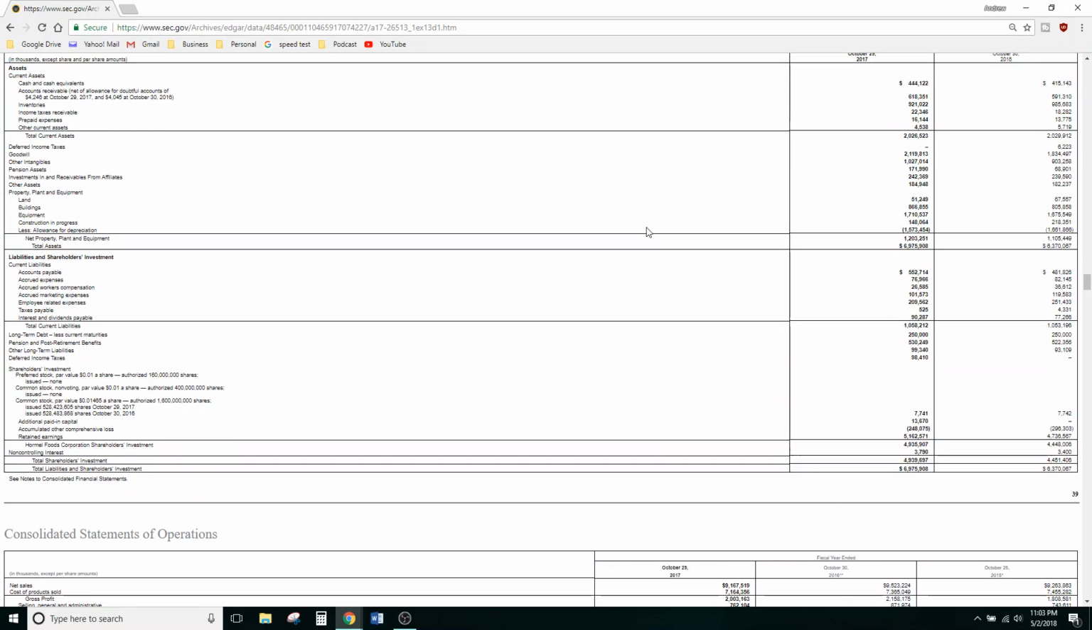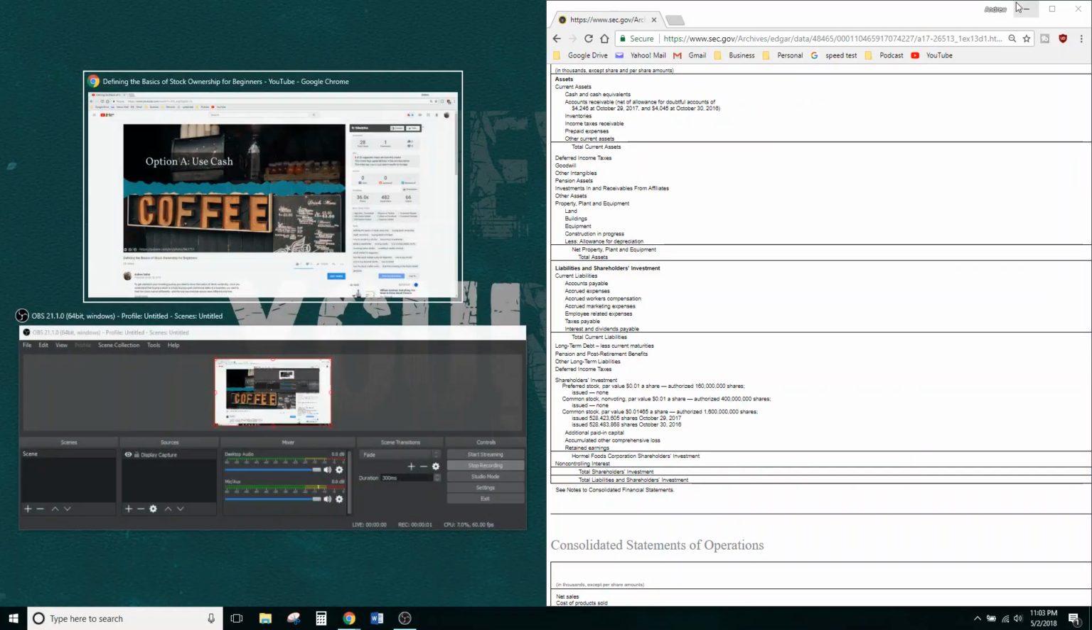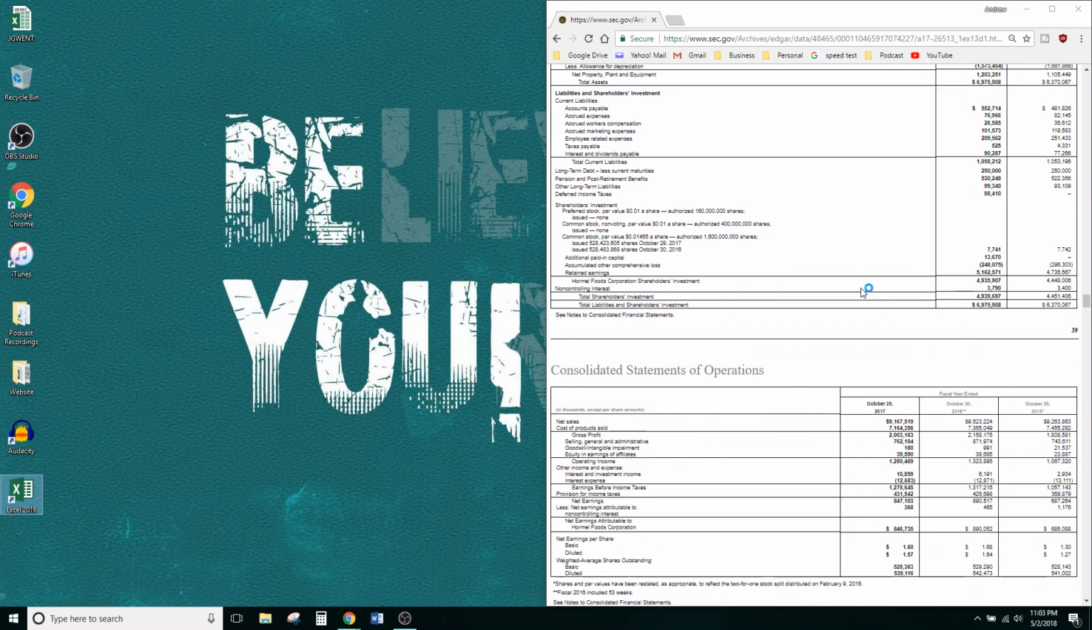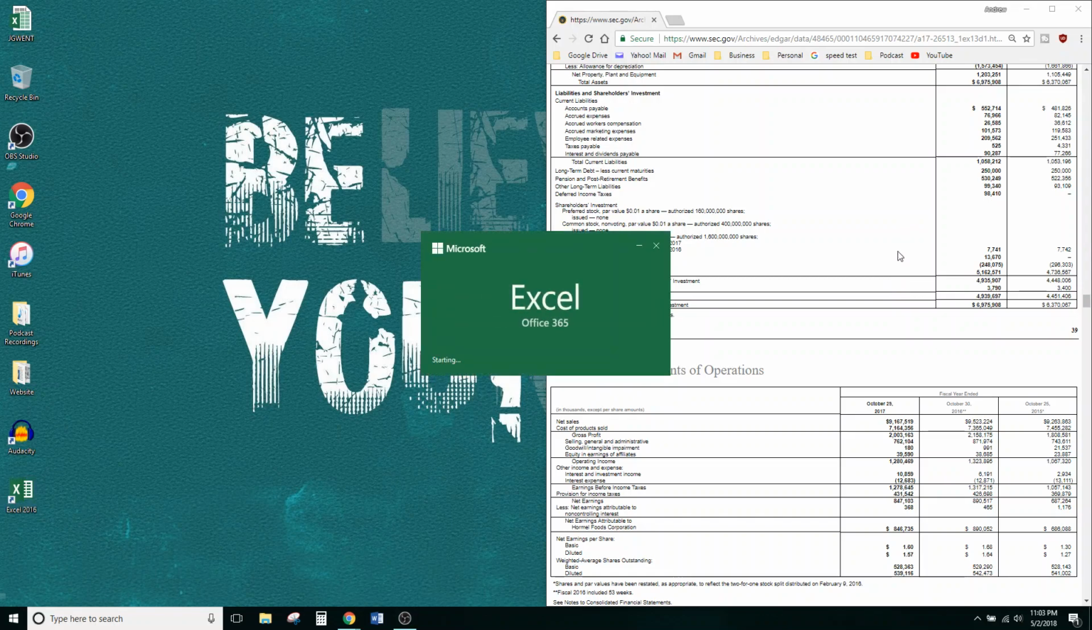So let me put down the mic here and let's get Excel going and do a couple of these ratios real quick. And then maybe we might walk away learning a little something from this. So just to review, price to earnings, it's a very basic ratio. It's very important because